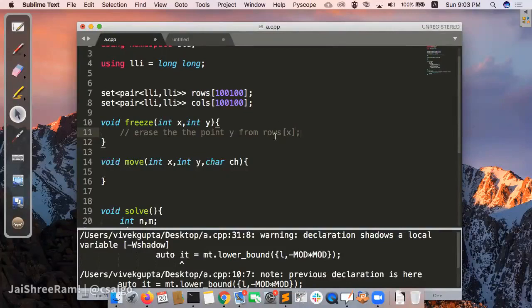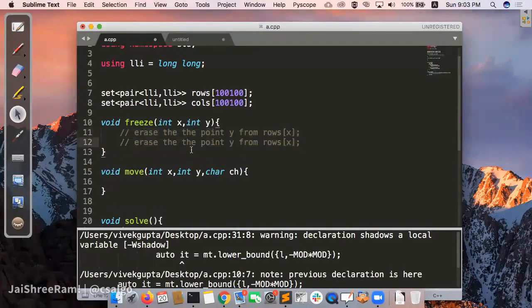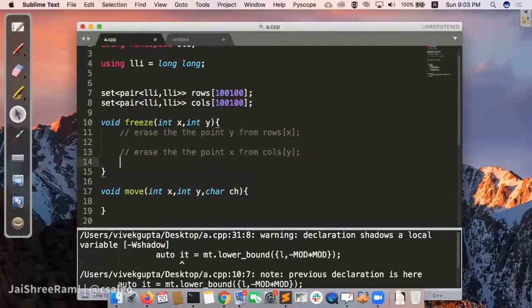This is a multiset, and you have to remove this particular point from that multiset. Similarly, when you're freezing it, you will have to do one more thing: erase the point x from the column y. Okay, this is one more thing that you will have to do.